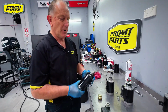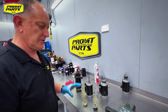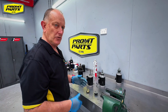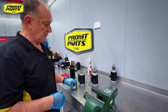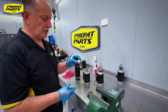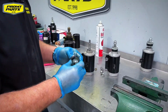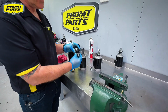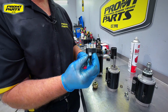So we've got our starter motor ready to go back on the engine, and before that happens, I just wanted to go through a couple of the design features that vary and just show the importance of adding lubricant to certain parts of it, or spraying it with an anti-corrosion spray, and how it can affect the performance of the starter motor. So there's two types of starter Bendix. There's one with an enclosed clutch in it, and there's one with an exposed clutch, and this drives up on the helix of the starter Bendix, and it relies on the rubber bush to cushion the gear when it engages